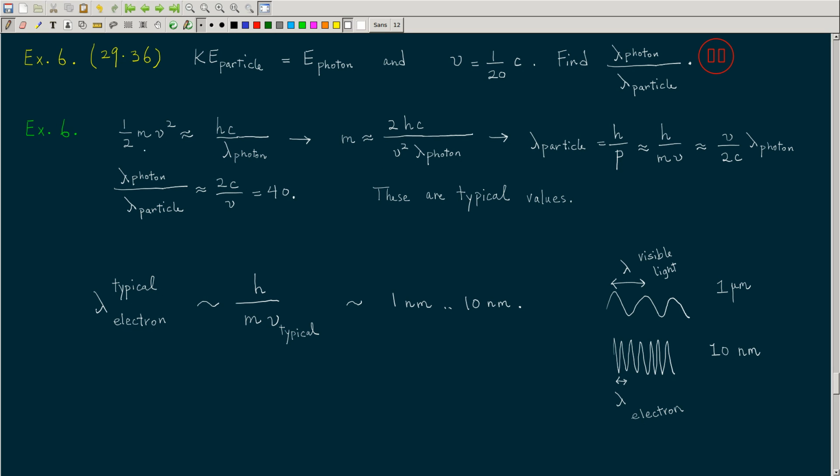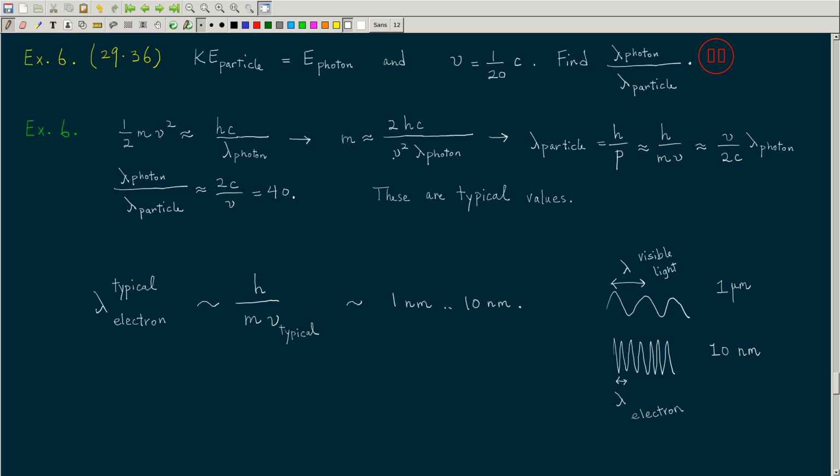And what you get is you can write the mass of the particle in terms of other values, because the mass is not given, so let's find the mass. The mass becomes 2hc over v squared lambda of photon. And what you get from here is